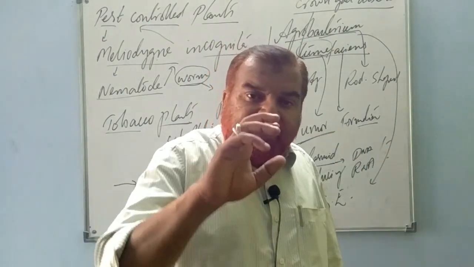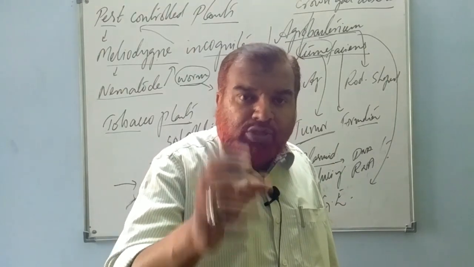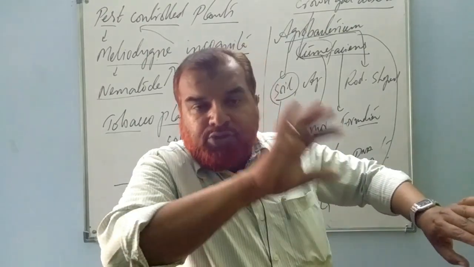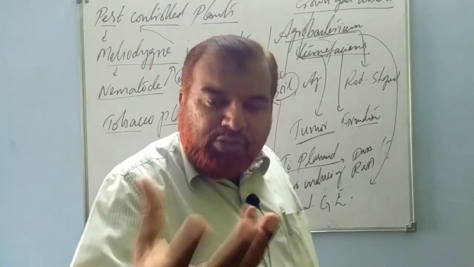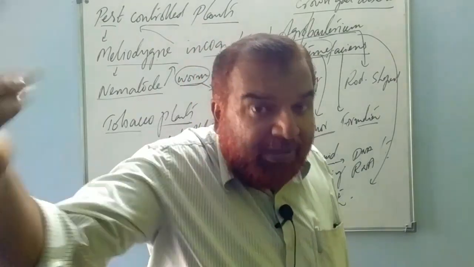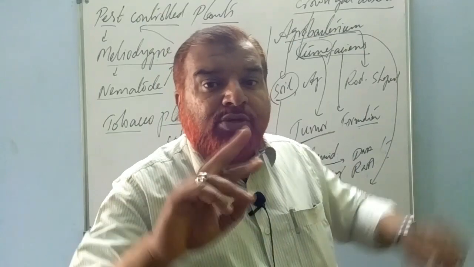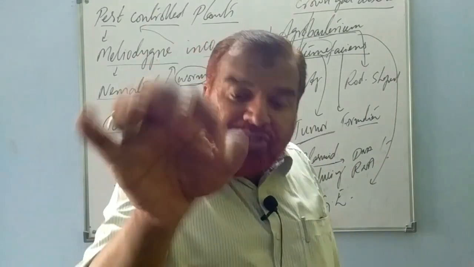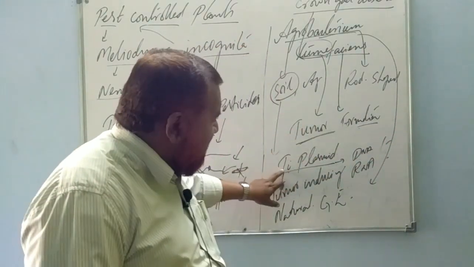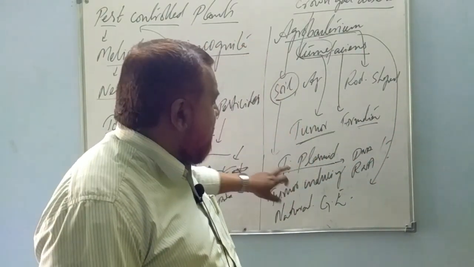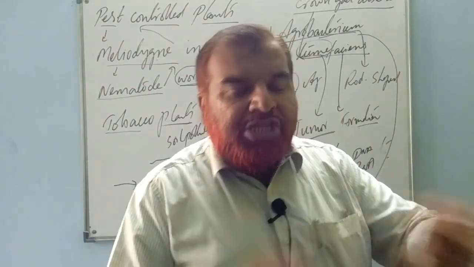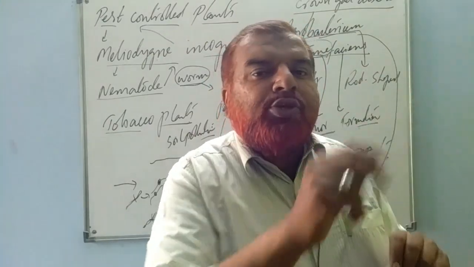What is a plasmid? A plasmid is extra-chromosomal, double-stranded. What is extra-chromosomal? Apart from its own chromosome, there is one more DNA, circular and self-replicating. It does not depend on the genomic DNA to replicate. Self-replicating bacterial DNA is what is known as a plasmid. So this bacterium has a plasmid known as the TI plasmid. What does TI stand for? Tumor-inducing plasmid.